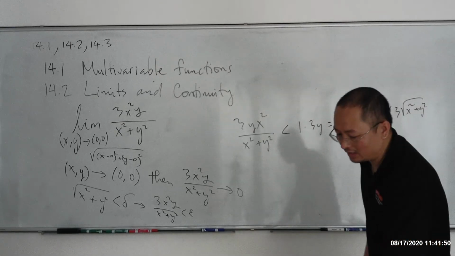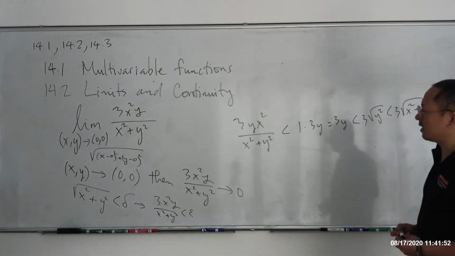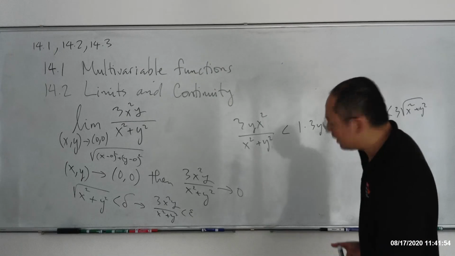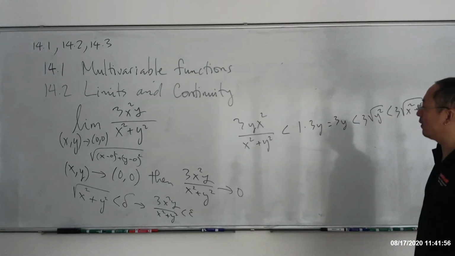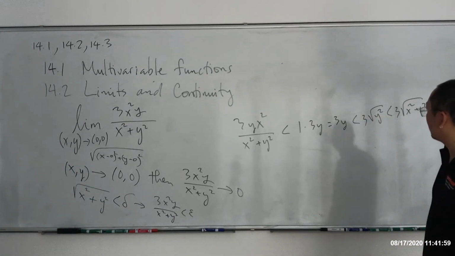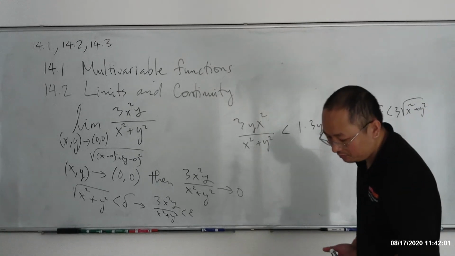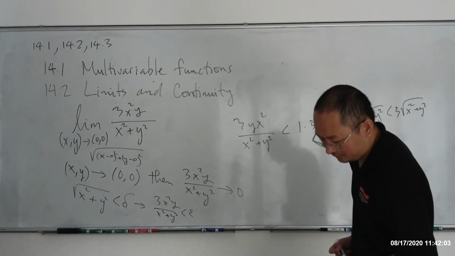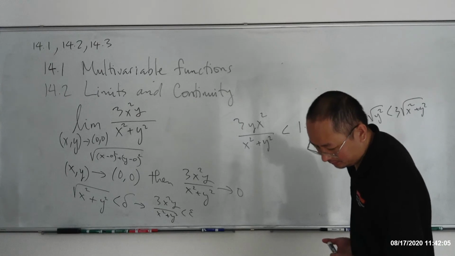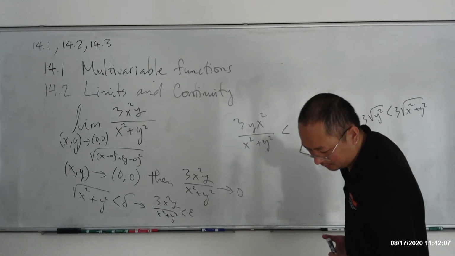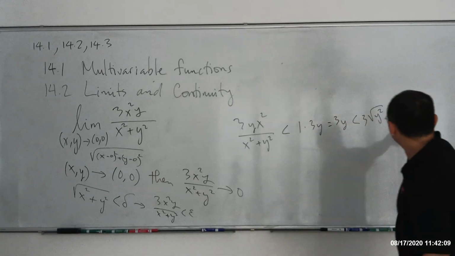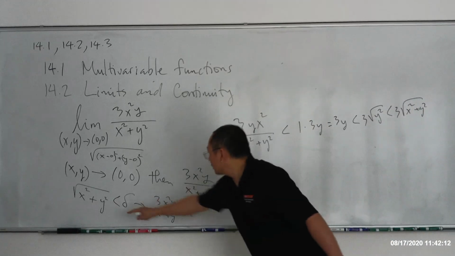I'm just showing you the example from the book. Usually there are no rules, and it's pretty hard for this one. Depending on the problem, we have different ways to approach it. And this is just delta. So less than